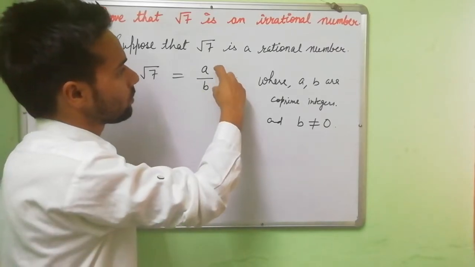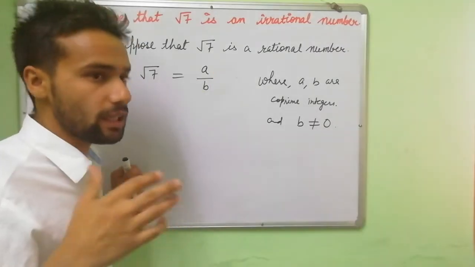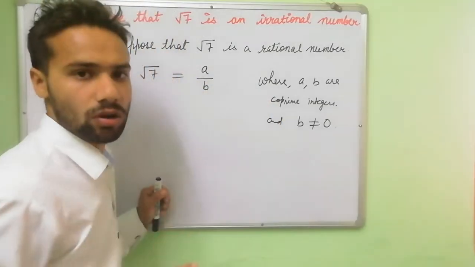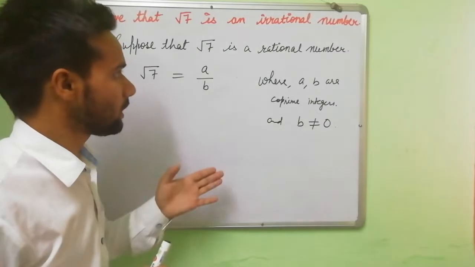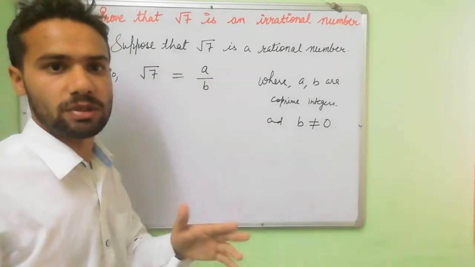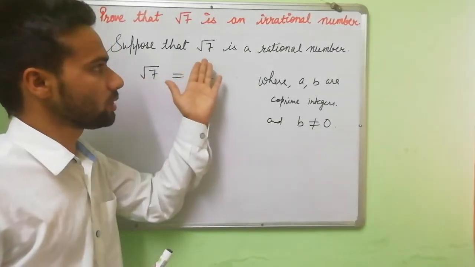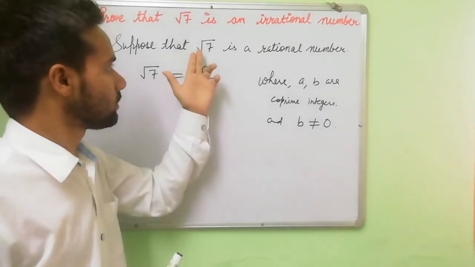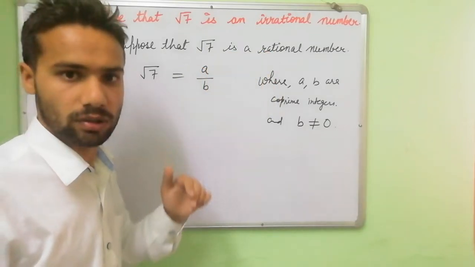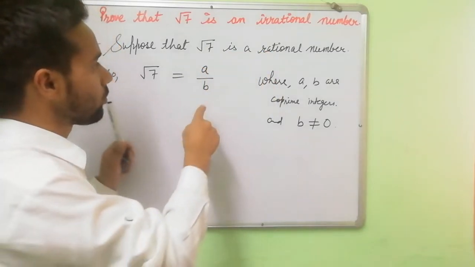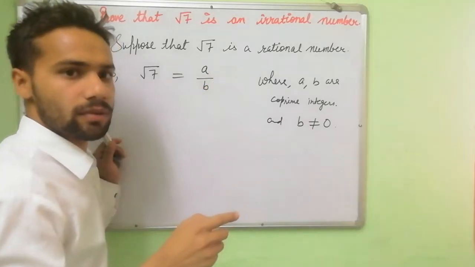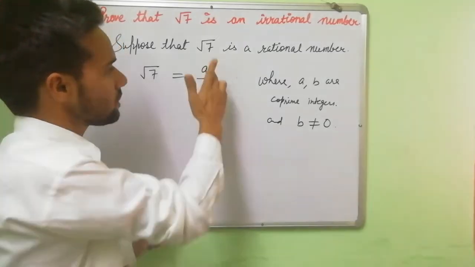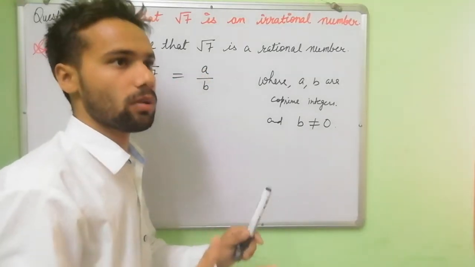So dear student, whenever you get one more factor, then they become not co-prime integers. Then the supposition becomes wrong. That means contradiction. Whatever I assumed here is not satisfied, meaning this number is not a rational number. It will happen when I prove these two integers have more than one factor. Getting? So these integers are not co-prime.